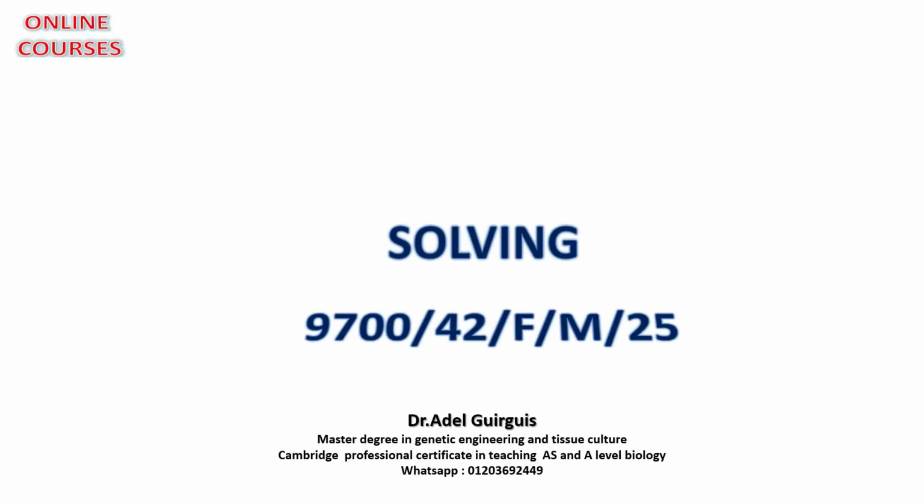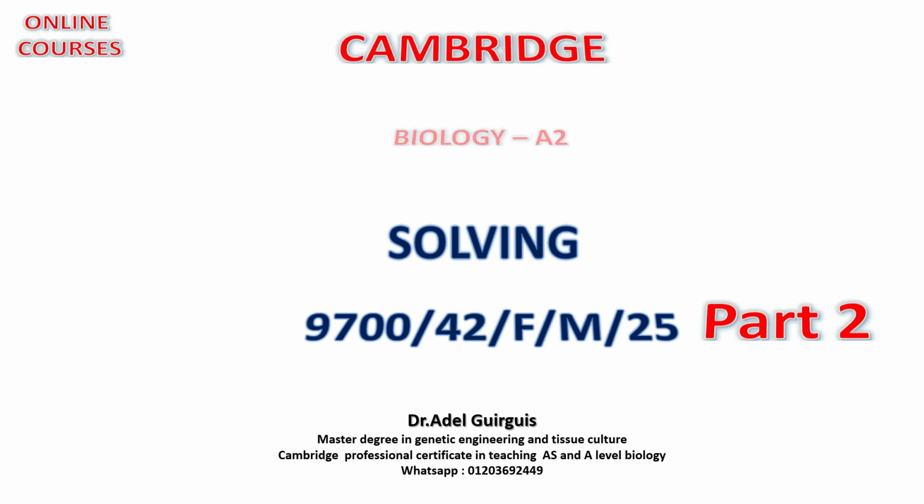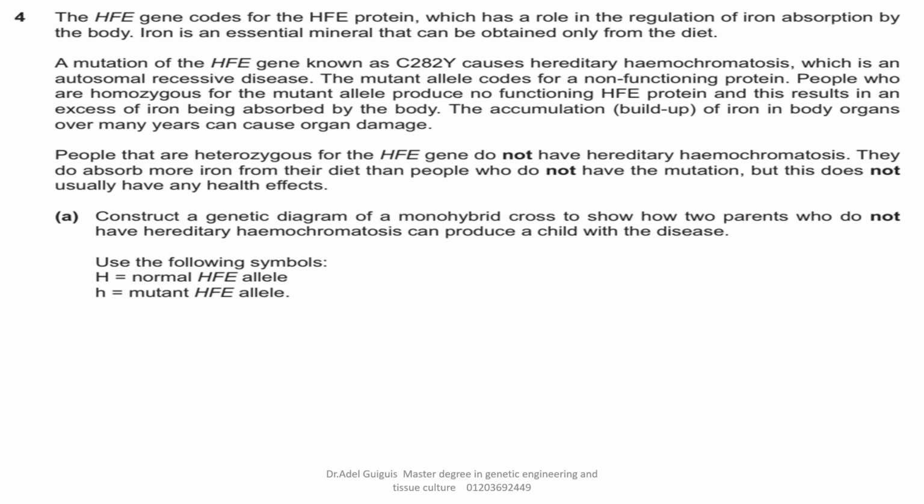In this video we will continue solving the rest of the questions in our exam paper 4, variant 42, February/March 25, part 2. For question number 4, the HFE gene codes for the HFE protein, which has a role in the regulation of iron absorption by the body. Iron is an essential mineral that can be obtained only from the diet. A mutation of the HFE gene known as